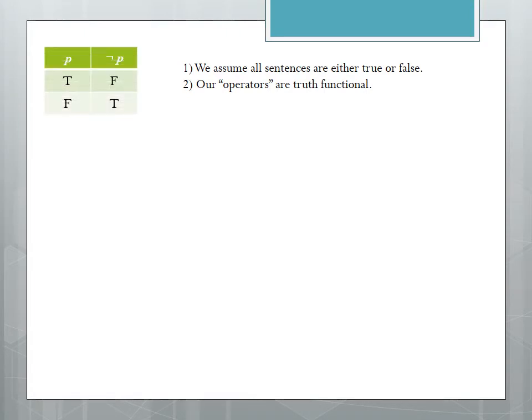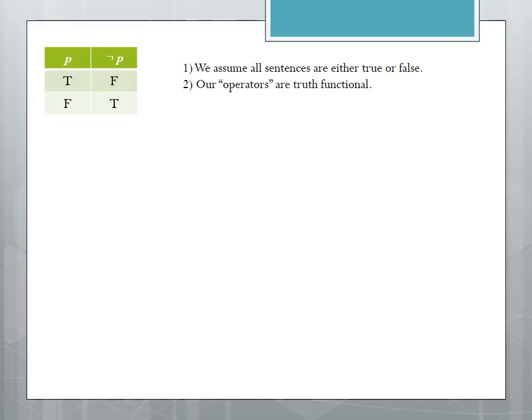And what we see with our not operator is that if a sentence is true, then the negation of that, or saying not that sentence, that new sentence is false. Or alternatively, if our original sentence, P, is false, then the negation of that, or saying not P, that sentence would be true. So if P denotes David is English, for example, and if the sentence David is English is true, then